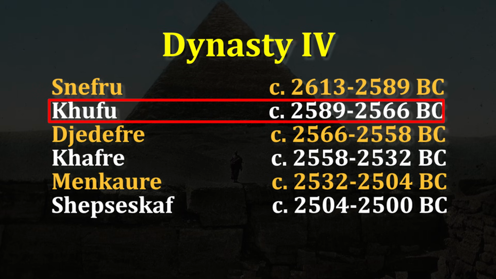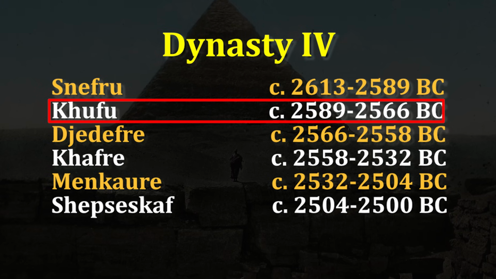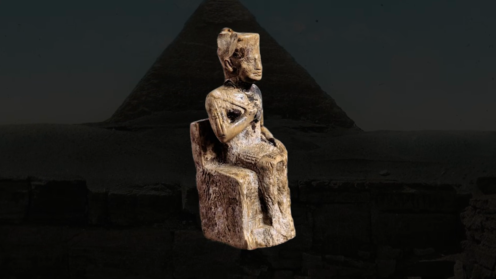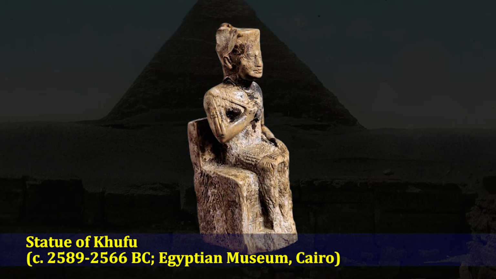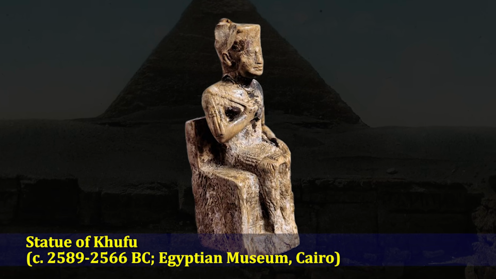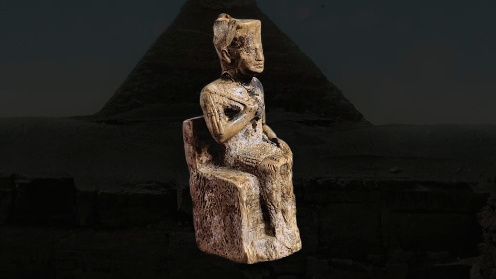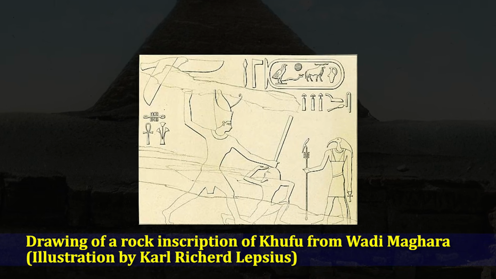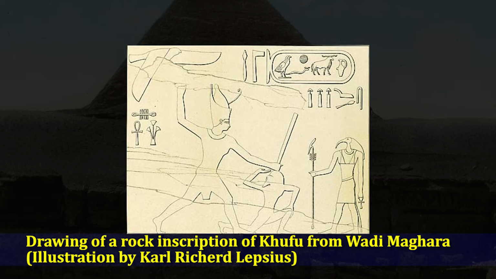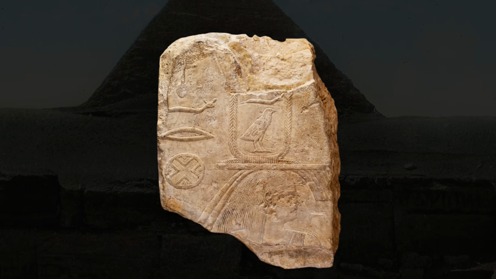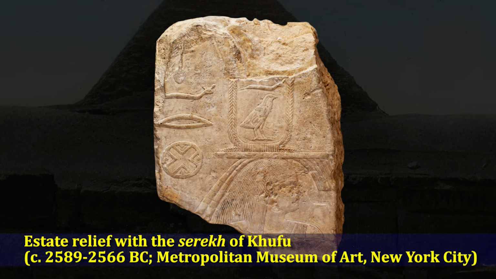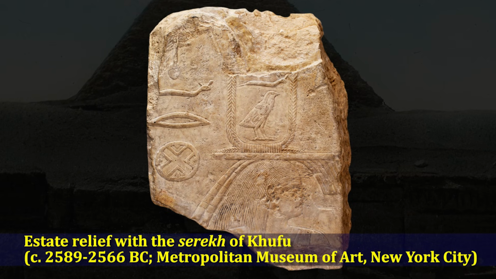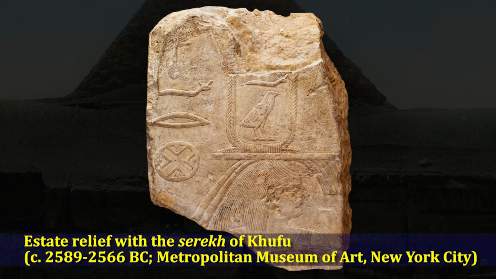In many ways, Khufu's reign was much like that of his father. Both kings reigned for about the same period of time, conducted foreign campaigns in the Sinai and to the south in Nubia, and funded massive building projects. One difference, though, is that Snefru was remembered by later generations as being a kind ruler, whereas Khufu was portrayed in later literature as a tyrant. While there's nothing specific in the archaeological record to back that up, he may have gained such a reputation from writers such as Herodotus, who claimed that the reign of Khufu, who he called Cheops, was harsh due to the construction of the Great Pyramid.